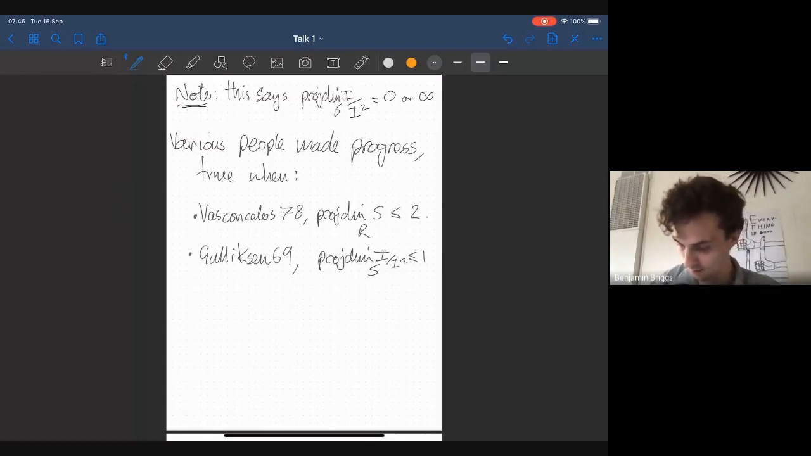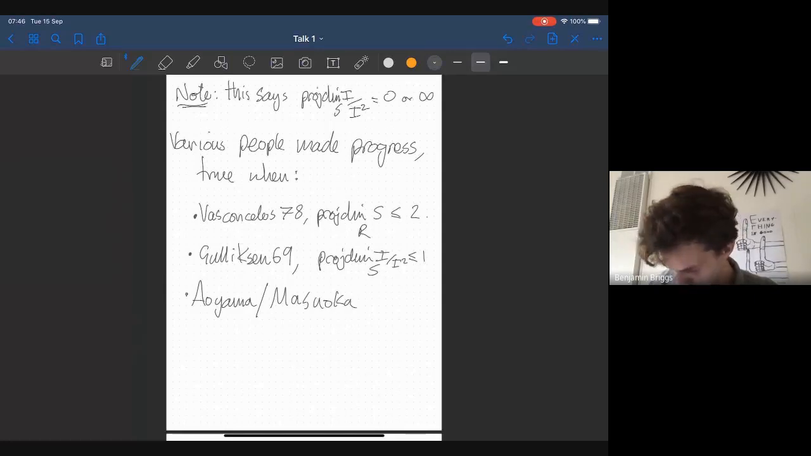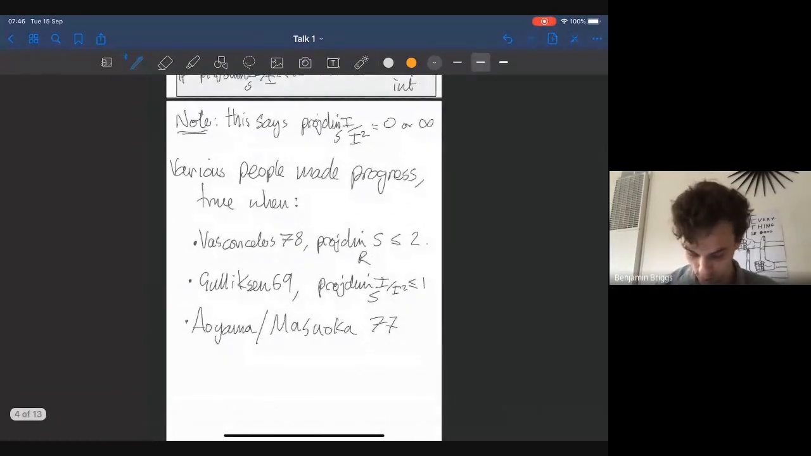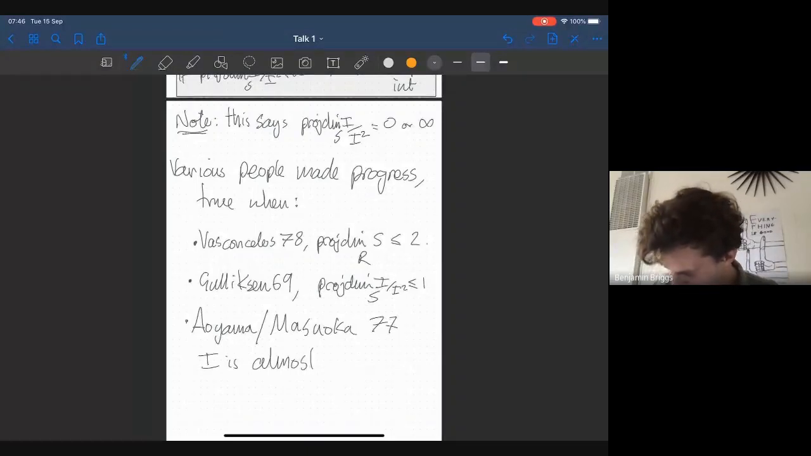So we could also add Vasconcelos' name to that. And then a similar story for this one, Aoyama and Masuoka in 1977, both independently proved that this conjecture is true if I is almost complete intersection,